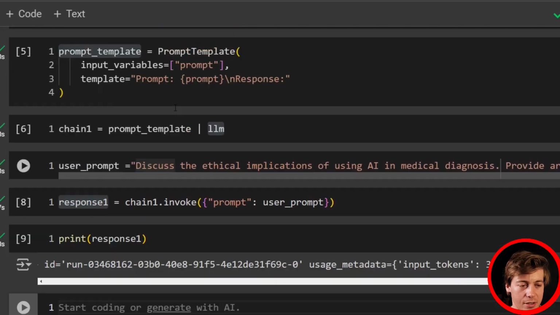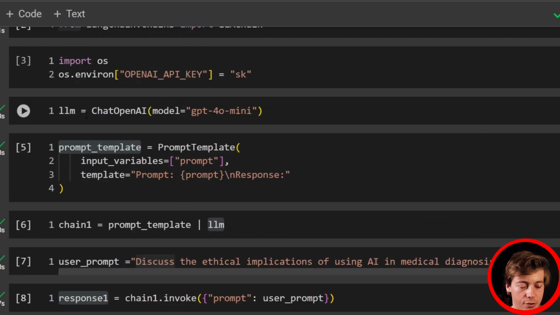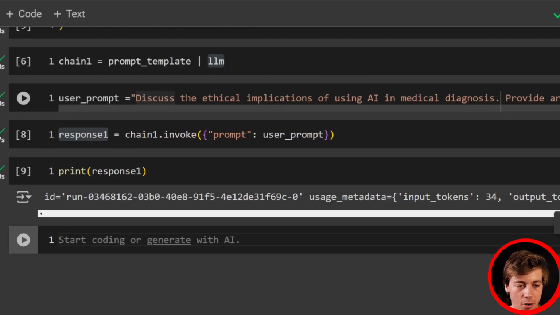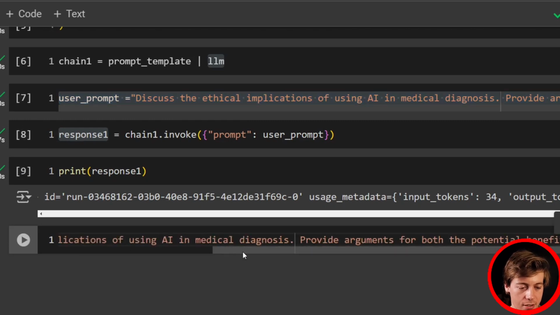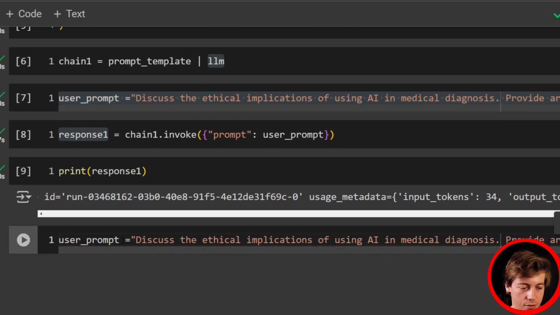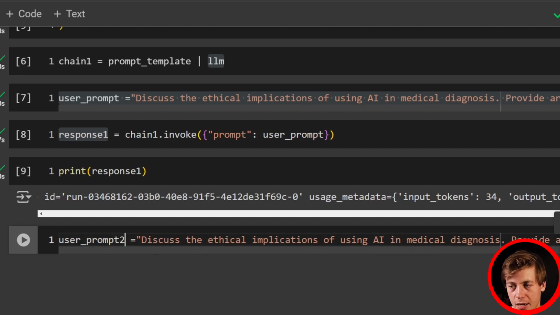And again, how easy it is, right? We can go over here and set a new LLM if we want. If we want to do a new user prompt based off of everything that's set up, right? We can go over here and we'll say user prompt 2 equals, and I'll just grab another prompt that I generated a little bit earlier. And we'll grab this over here. So this one says,